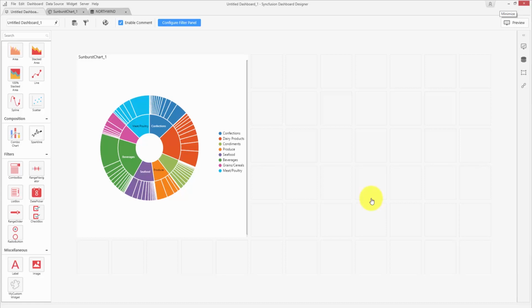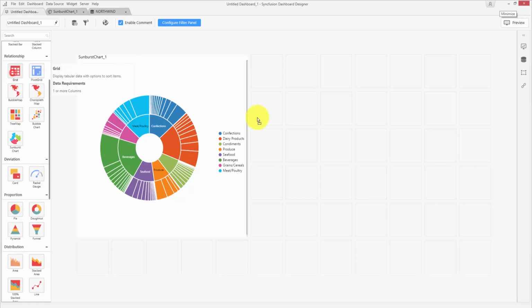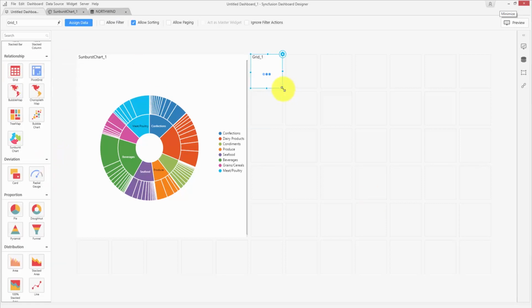Note that your custom widget can act as a master widget, and based on the selection, data can be filtered and shown in the other widgets too. Let me add a grid widget over here and bind the necessary columns.